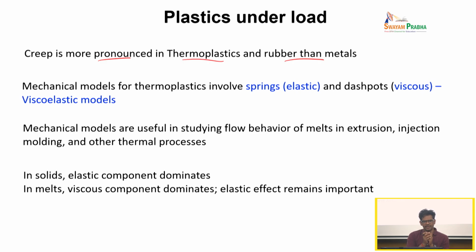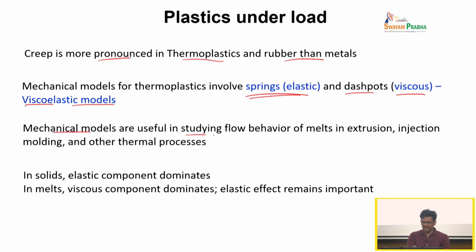Typically, when you think about a mechanical model for this kind of plastics, they involve springs, which highlight this elastic-like behavior. In addition to that, there is also a viscous effect, which is represented by a dashpot, which dampens out the effects. Combined together, we call them viscoelastic models. For metals, mostly we can work with a Hookean solid model, which is a linear spring. When you come to plastics, plastics show more pronounced creep behavior. To explain creep behavior, you think about a combination of springs, which represent elastic response, and dashpots, which represent viscous